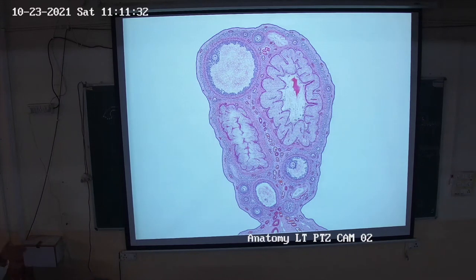Then primary follicle again enlarges, forms different layers of the follicular cells. Then there is formation of the liquor folliculi, that is the cavity filled with the fluid. They coalesce together and form a larger cavity, then it is secondary follicle. Then this cavity enlarges and pushes the primary oocyte eccentrically, okay, and develops zona pellucida, theca interna, externa, cumulus oophorus, then it is a Graafian follicle.